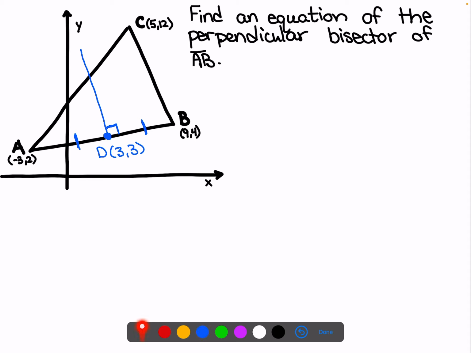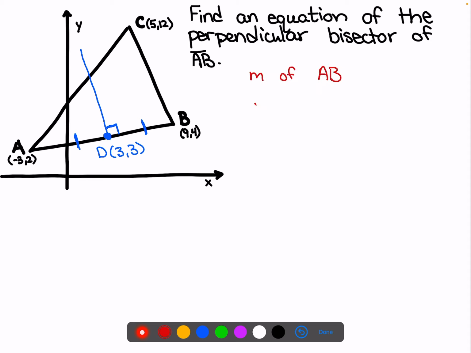To do that, the first thing we need to do is find the slope of AB, because if it's a perpendicular bisector, the slopes will be opposite reciprocals of intersecting lines. So if AB is perpendicular to our perpendicular bisector, they need to have opposite reciprocal slopes. So our slope of AB,